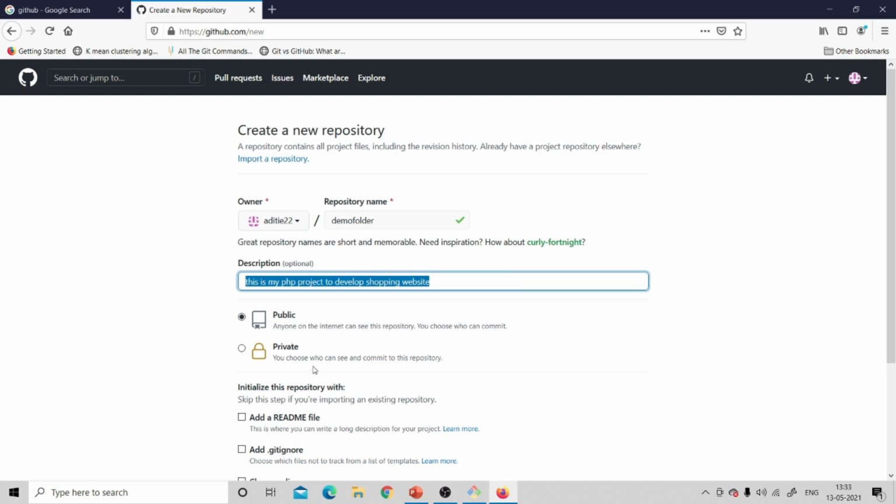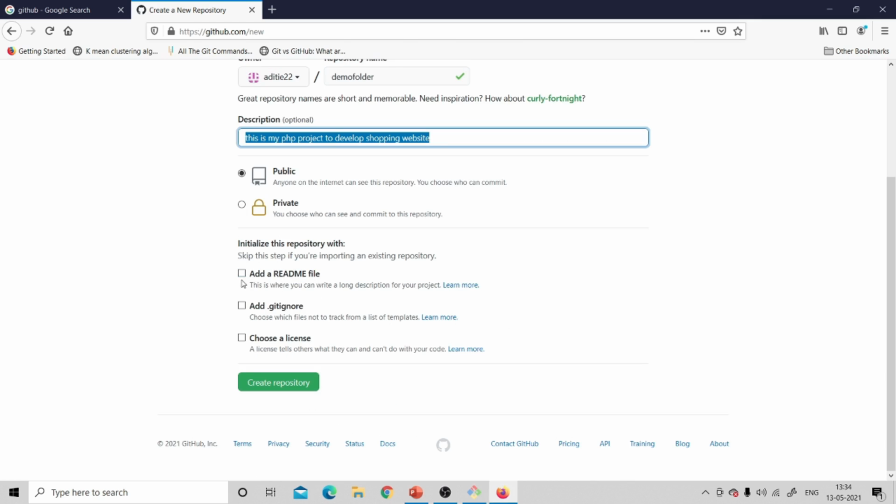Then you have to select public or private. Public means the entire world can see your project or your code which you have posted on GitHub. Okay, GitHub is nothing but a social networking website, but it is social networking for whom? For programmers or developers who share their code with each other using GitHub. If you want to write a long description, you can put it inside the readme file. About description, only a short summary you can write, but in the readme file you can write the long description of your project. Once you are done with this, you can click on create repository.